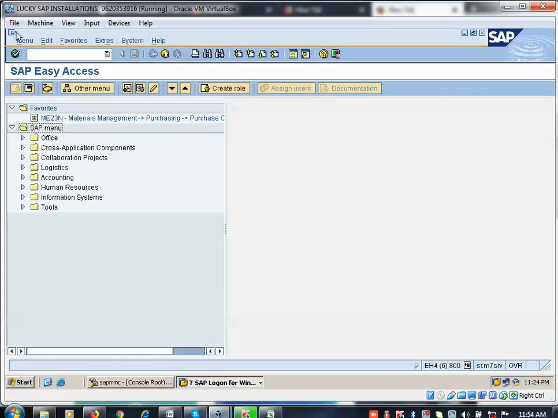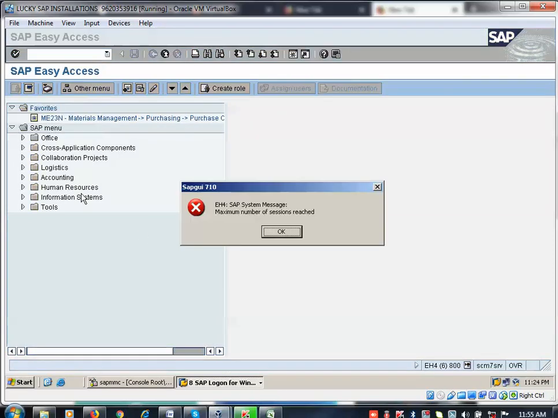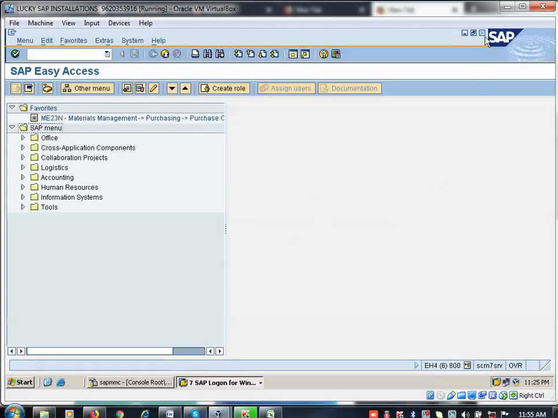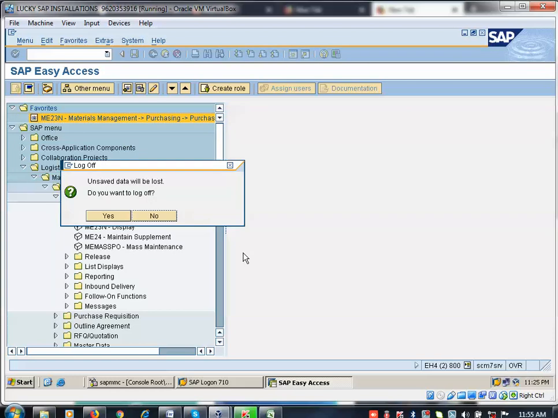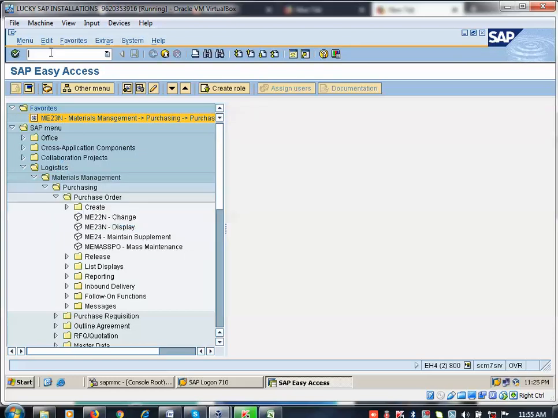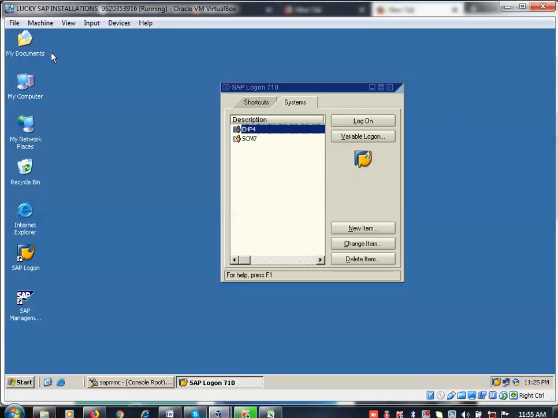Now I am trying to create another one. It shows the message here: you have already opened 6 windows, you cannot open another. If I want to close window by window, I can go and close it here. First window, second window, third window, like that you can close. When the last window comes, it asks shall I close it or not. This is soft closure. Hard closure means you can go to /nex, so it will not validate. It will close automatically, force closure.